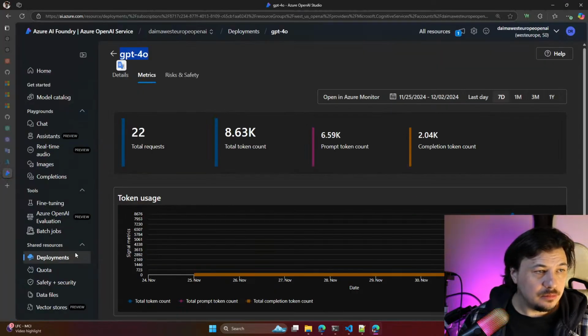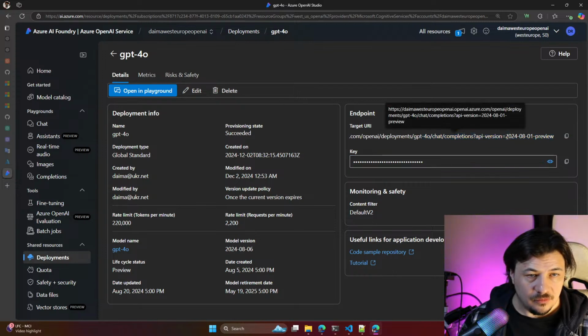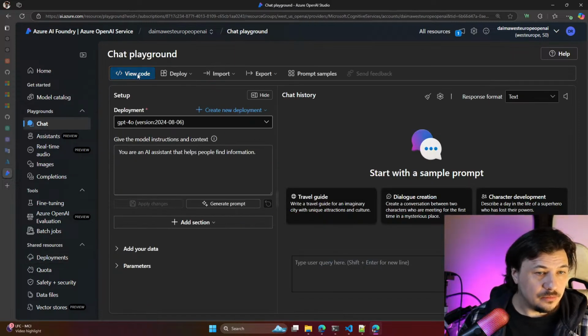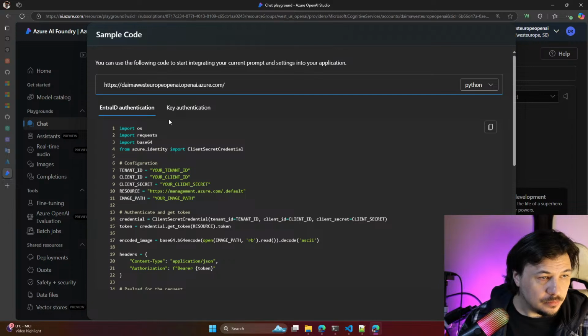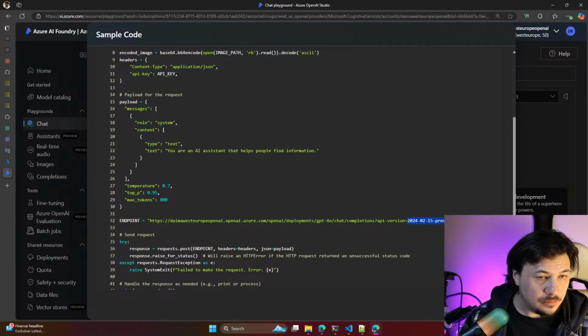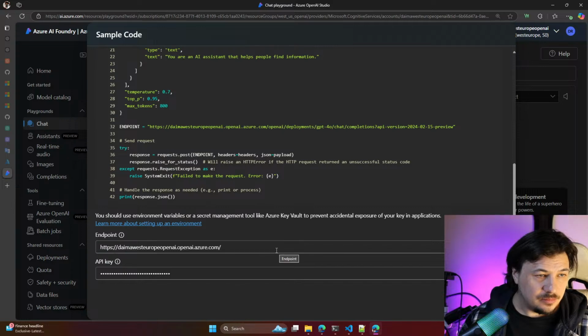API version, details, API version, preview, version, preview, open in playground, view code, key authentication. Why it's saying 0215 preview?